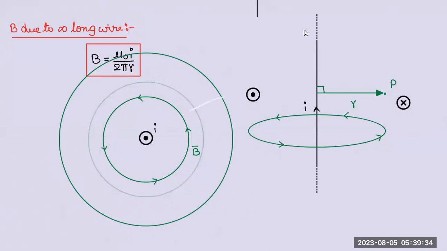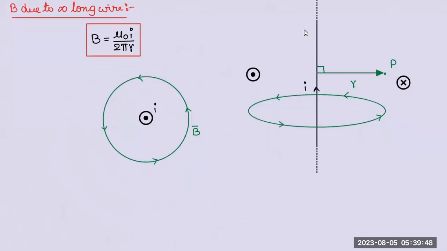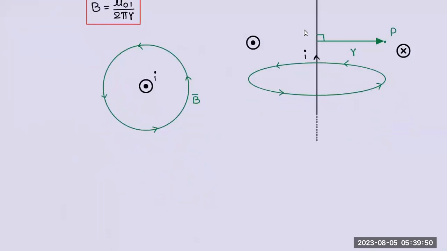Let us not confuse ourselves by taking too many lines. We take the required line. That means the line which is passing through P. That's it. This is a magnetic field due to infinite long wire. You need to remember this, and we have to solve problems based on this. Okay, right. So next one,